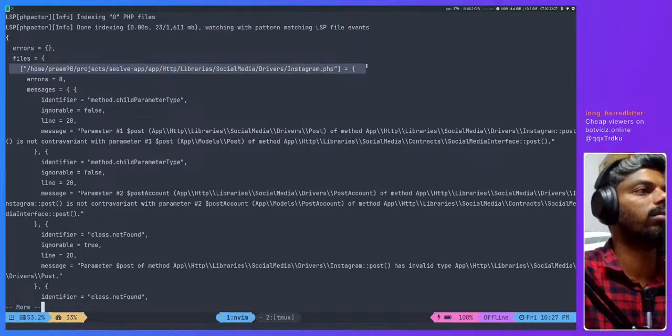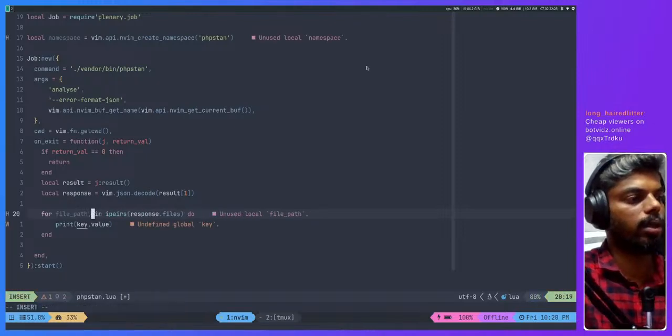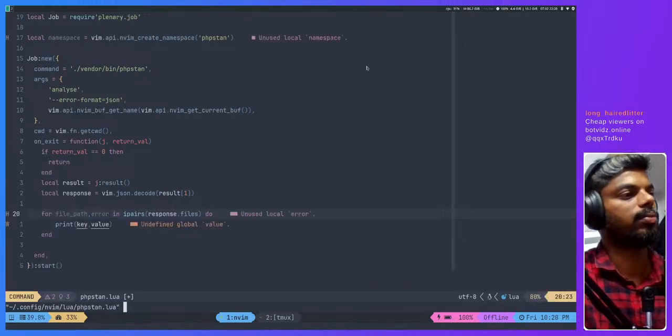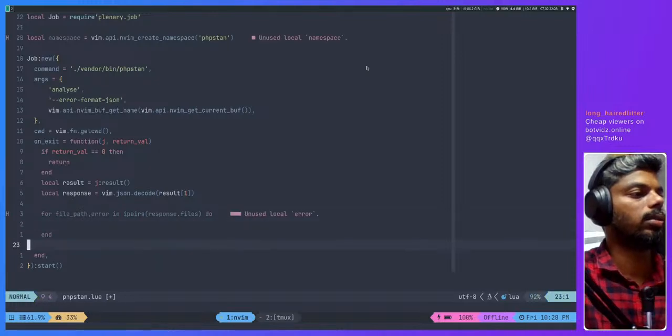We have to look through the file, and this is a file path, and this is the error. Okay, call it error. I don't need this, but